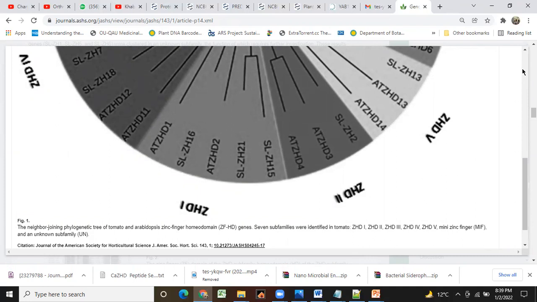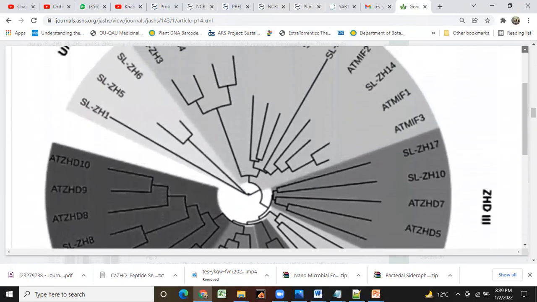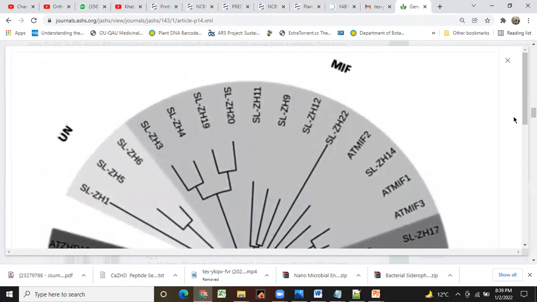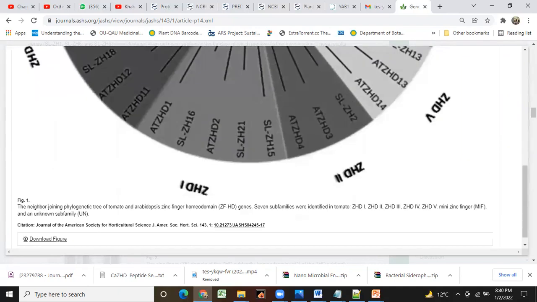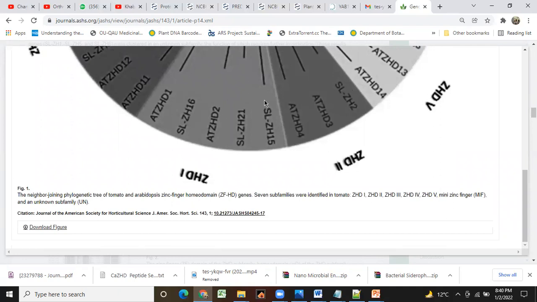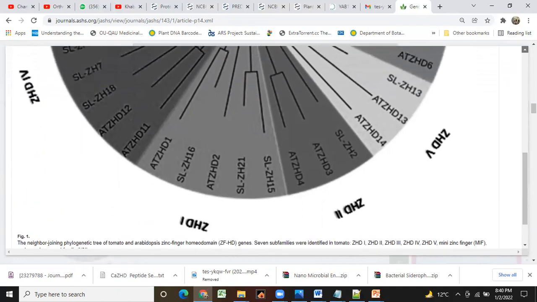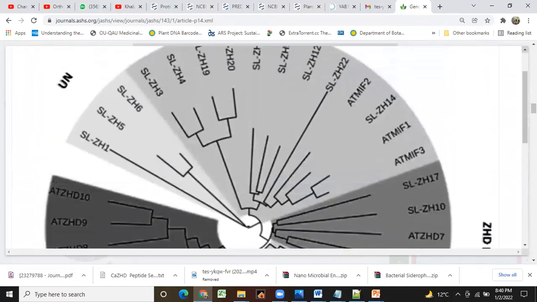So you will also divide these into different groups based on their homology. You got my point? Do you have an idea about how to make this tree? Sir, I did it in MEGA 11 and used the iTOL website for coloring it. Okay, that's great. First make this in MEGA and then use iTOL to make the tree.